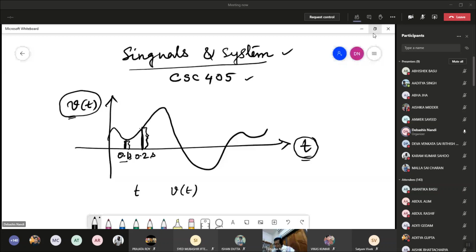Now, since V is a function of only one independent variable here, t, therefore it is called a one-dimensional signal. If I say what is the example of a one-dimensional signal, you can say our speech signal. I am talking here in front of this